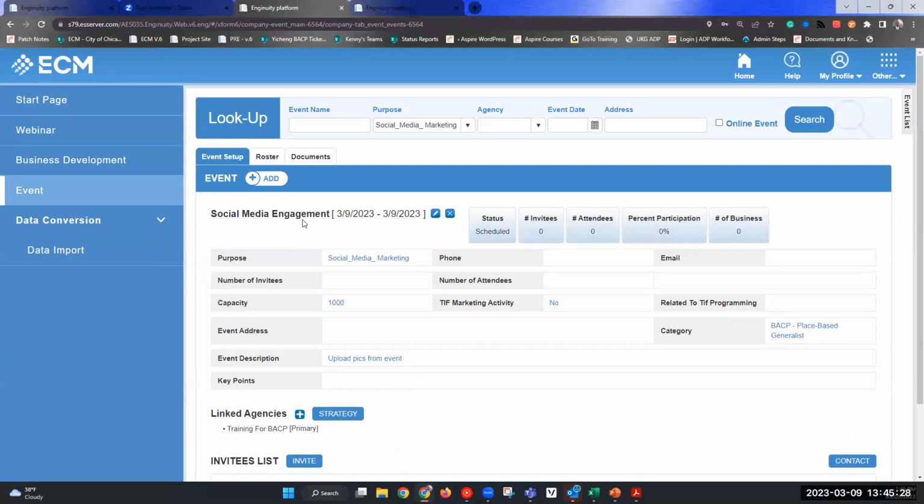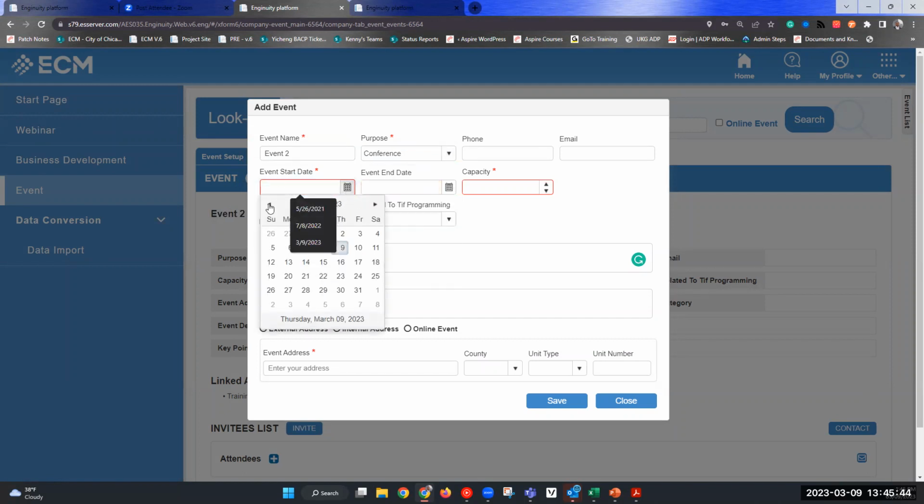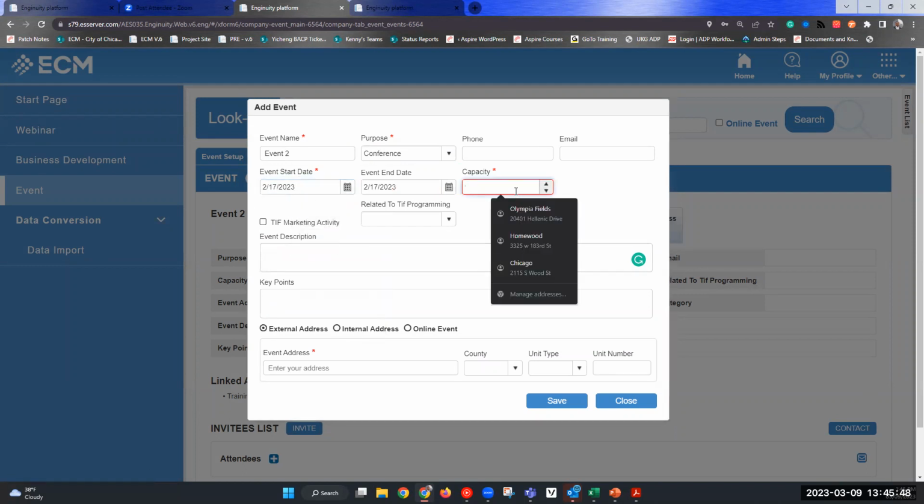Now, if this was a real event and not a social media engagement, it would be the same process. Make something up, event 2. Let's say this was a conference, and the conference was last month, and capacity, this is quantifiable.